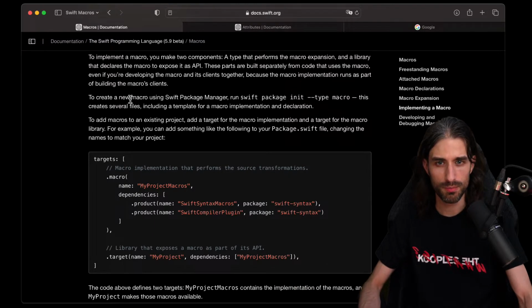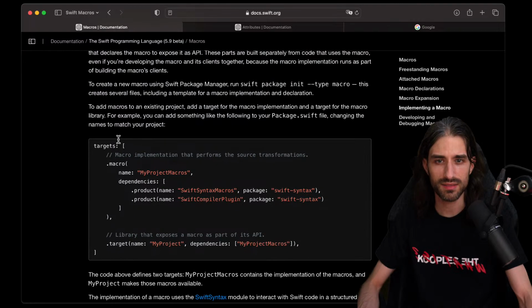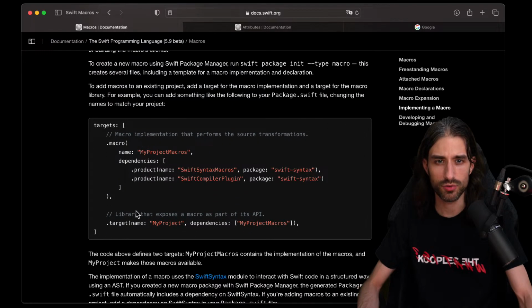So to create a new macro using Swift Package Manager, you run a swift package init type macro. This creates several files, including a template for a macro implementation and declaration. To add macros to an existing project, you add a target for the macro implementation and a target for the macro library. For example, you can add something like the following to your Package.swift file, changing the name to match your project.